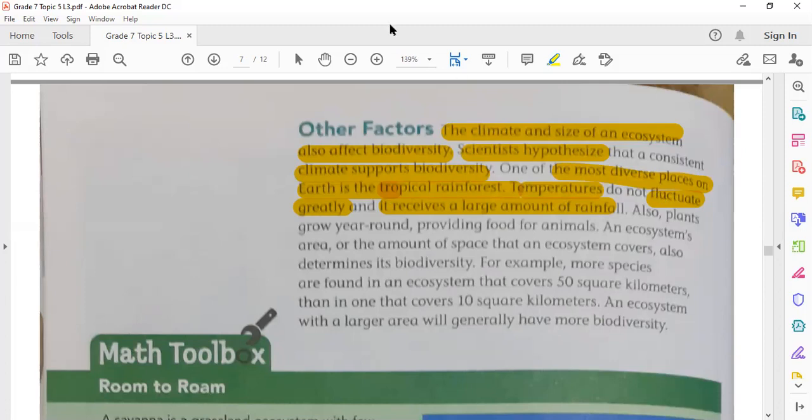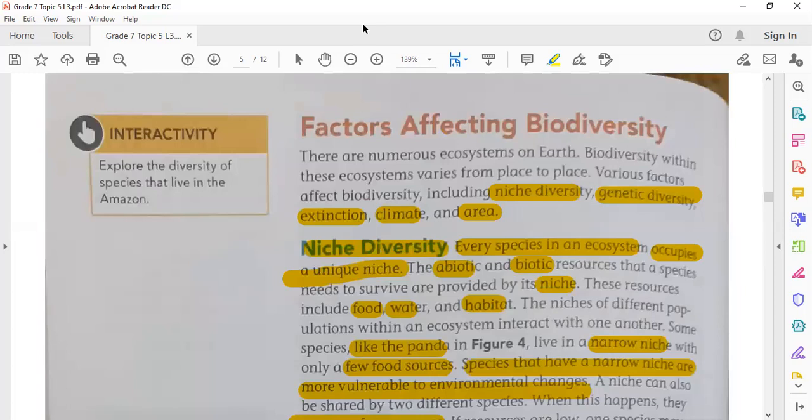No, it means the temperatures in the tropical rainforest are always stable, the same. Fluctuate means in other ecosystems, sometimes in winter, fluctuate means